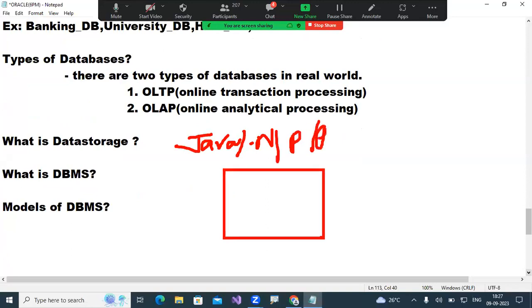This is called a front-end online application. Whatever information is sent by users through this front-end application, I can store into another online application only.